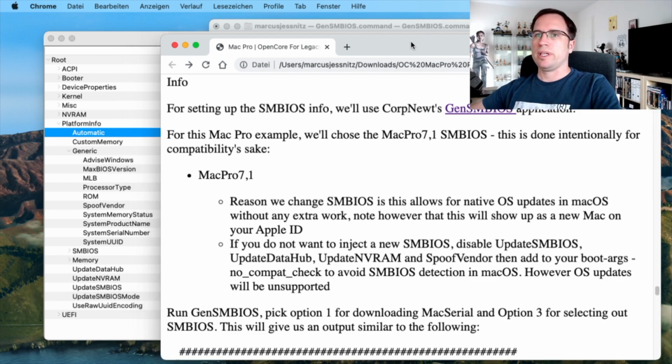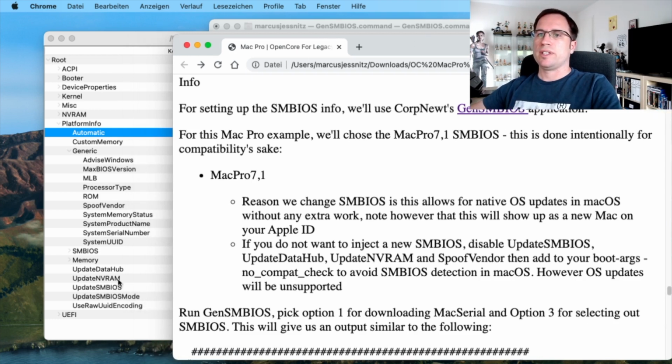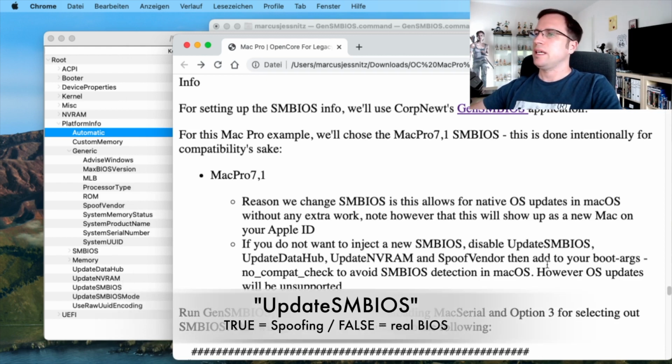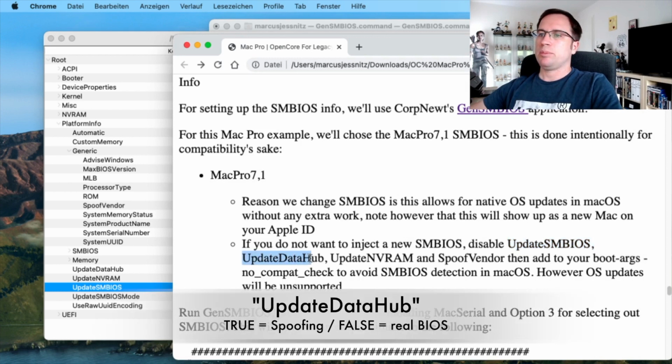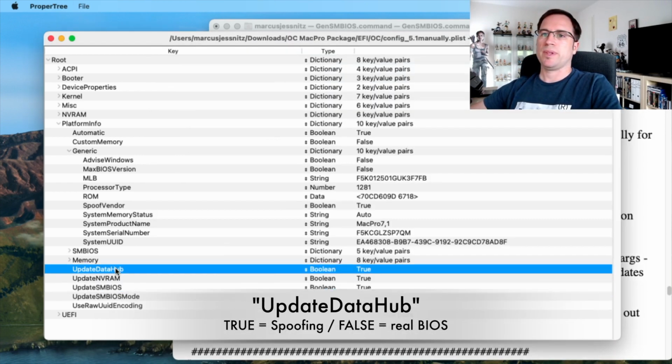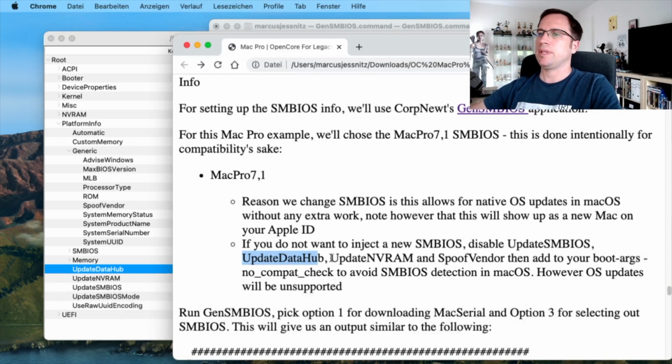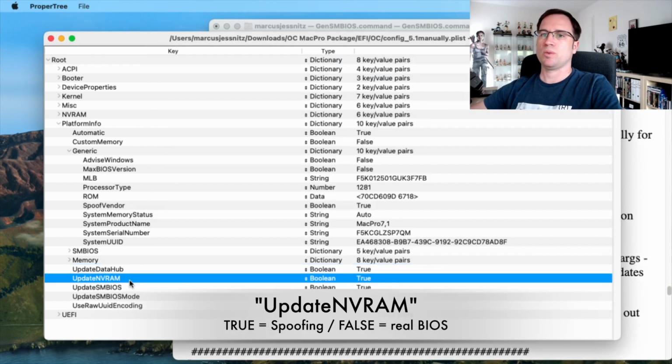And if you look here, you find all this stuff down here. There is update SM BIOS, that is down here. Update data hub, that's the same here. Update NVRAM, that's the one in between.